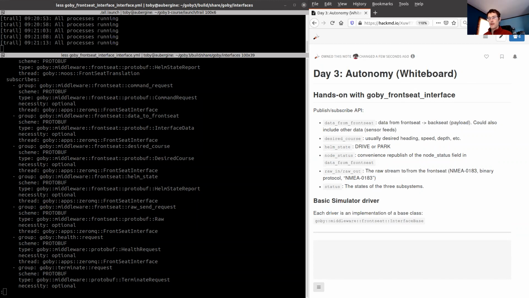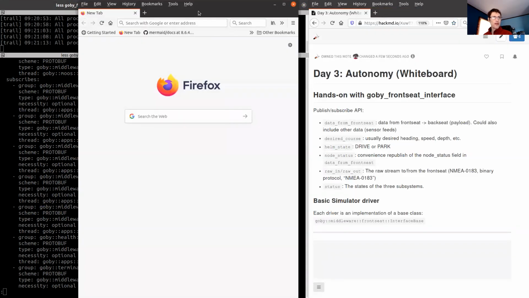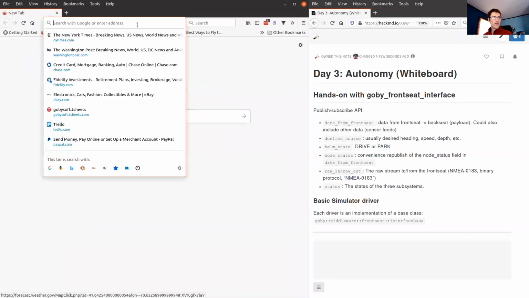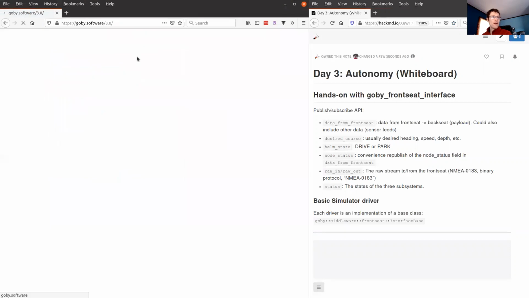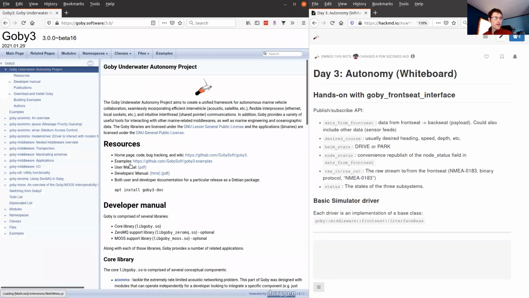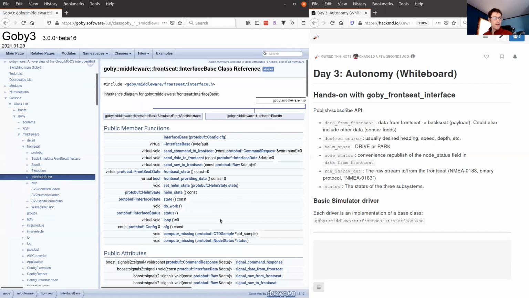You could open up the header file for this, but I want to keep showing you different ways you can look at the documentation for Goby. So if you go to goby.software, you get the Doxygen generated documentation for the project. And if I look for interface base in here, I can click on that and find the full interface for that class.